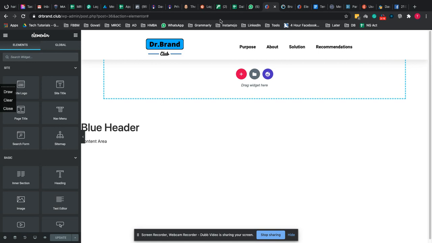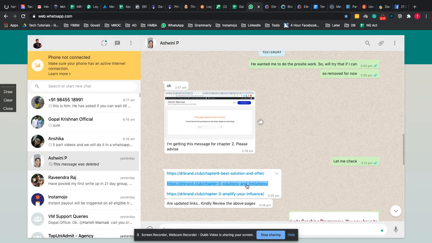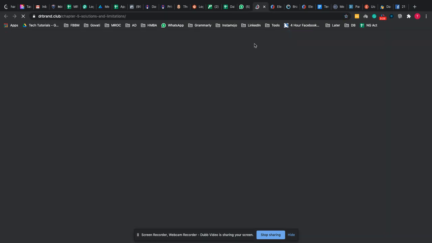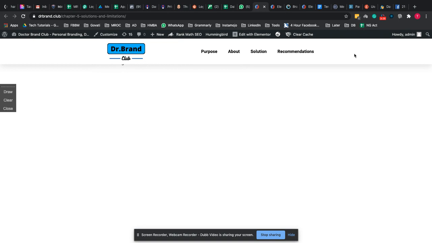Second, now if I come back to the pages that you have created, the only thing you need to do is, so now you see this menu bar. Okay, now we don't want this, and hence you go with edit with Elementor. Oh God, it's so slow. Okay, let's see if we can edit.